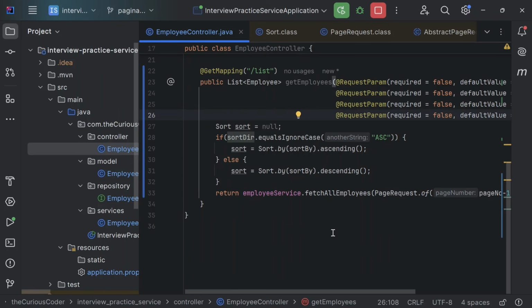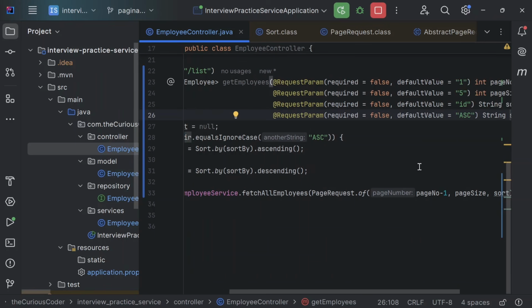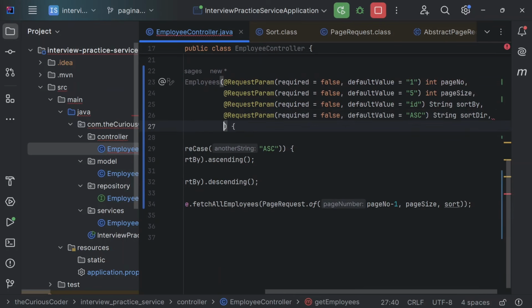Now how can we implement the search by name functionality, or we can also call it filtering by name. For that as well, I'll add a parameter at the request param, and I'll just create another parameter string search. So anything that the user searches in the search bar, that string value will be populated in this keyword. Okay, so if user tries to search by an employee name, then that name will be populated in this keyword,